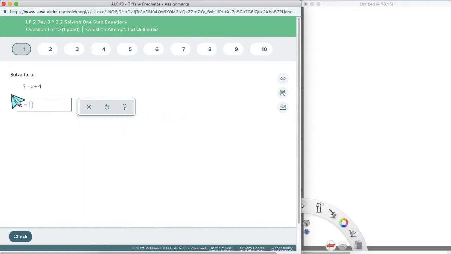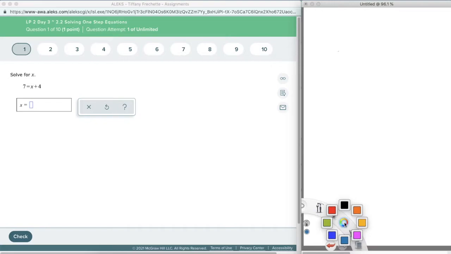So we have 7 equals x plus 4. So if we take a look at this, there's a few ways you can do this. So if we look at some algebra tiles, and algebra tiles are a tool that usually you have on your desk as a manipulative, but we can do this with drawings. So we usually have a square for our x, our variable, and then we're going to have, and I'll do this in